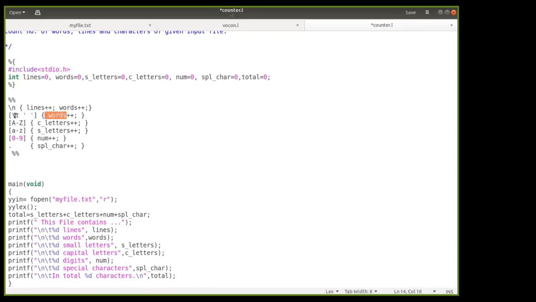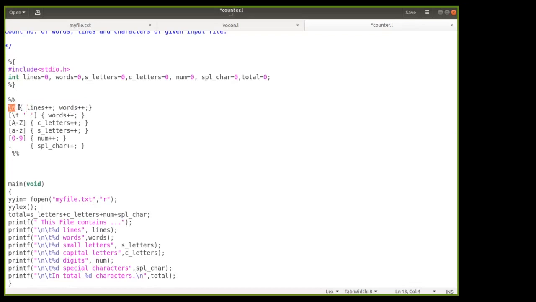So whenever spaces are there in your input, it will be considered as a word completion, and your word variable will get increased. Understood? So whenever you go to a new line, it will get matched with this rule, and when it matches this rule, this action will be performed.